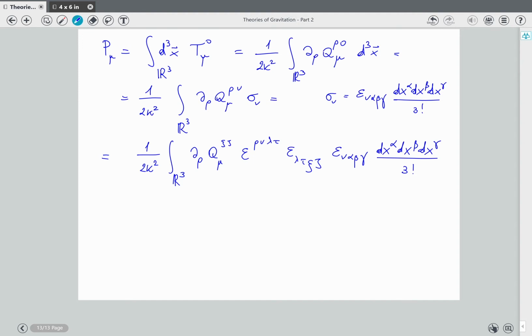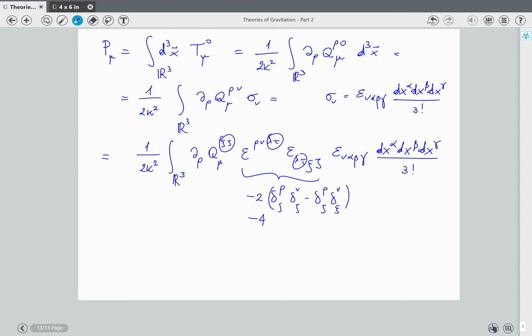So we just inserted these 2 epsilons, which have 2 contracted indices, and so they are equal to -2 delta rho nu delta rho psi delta nu zeta minus the anti-symmetric part. So that gives a factor, since there is anti-symmetry in rho and zeta inside Q, we have 2 equal contributions. So that is a -4 times the result we had previously. So which means that we have,